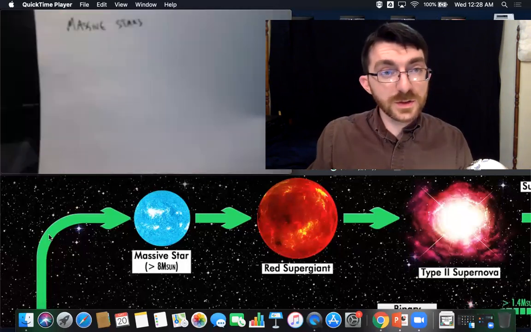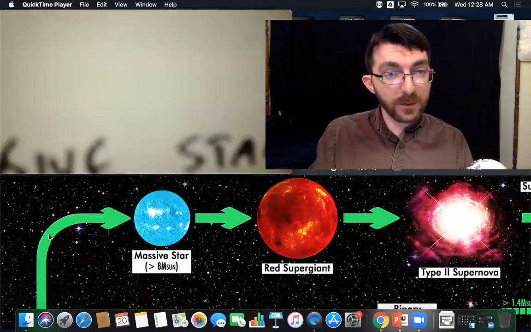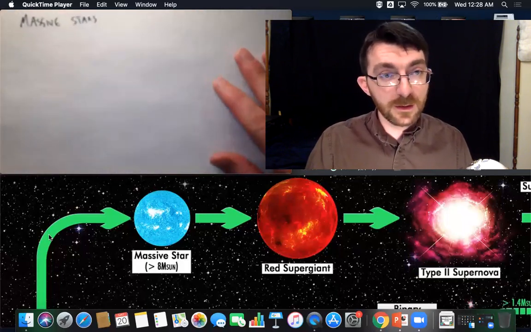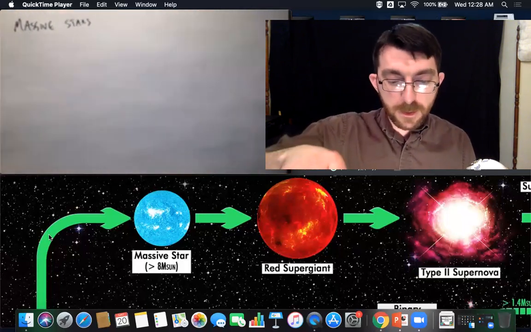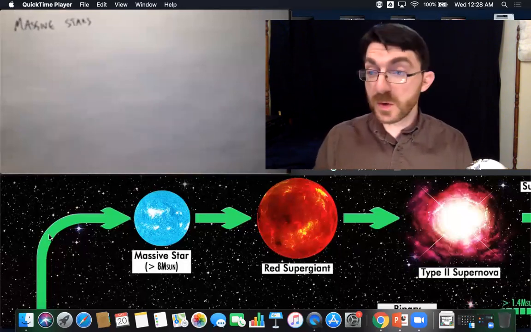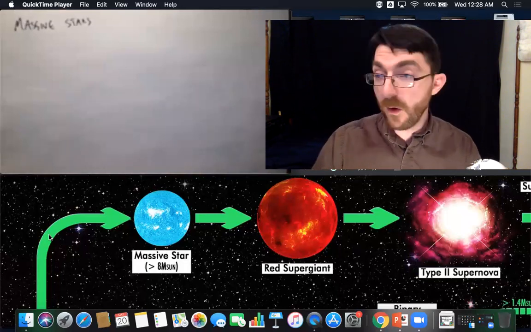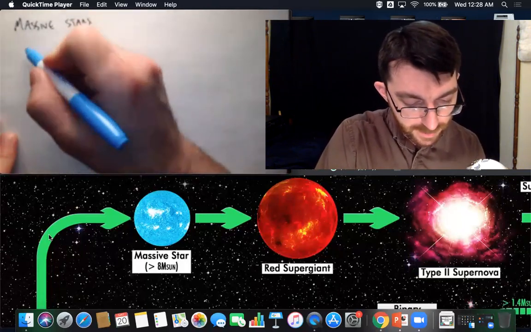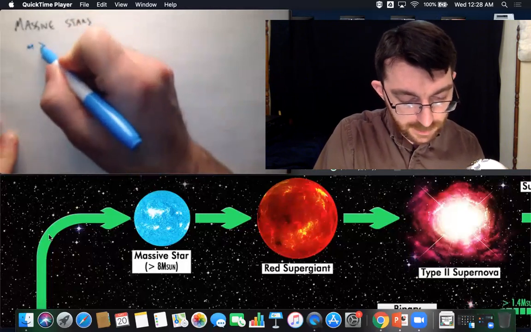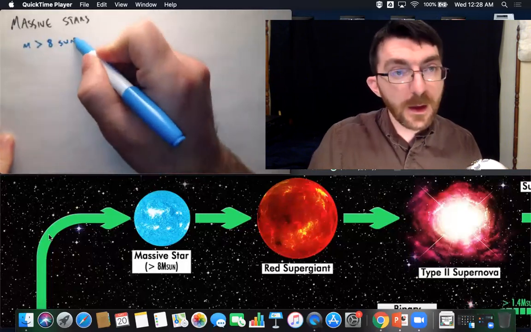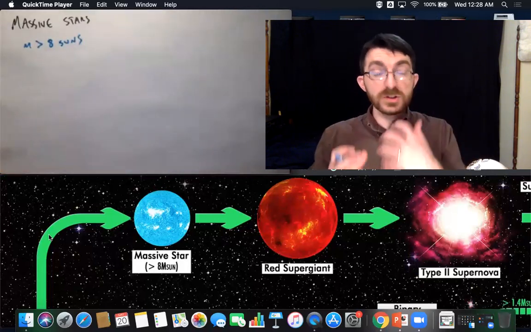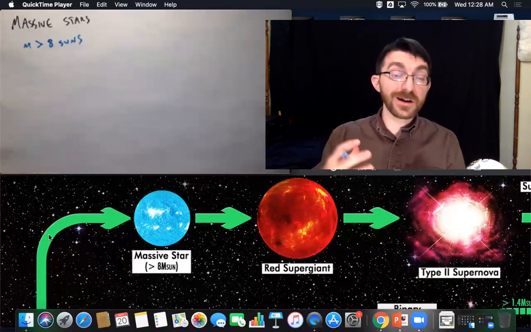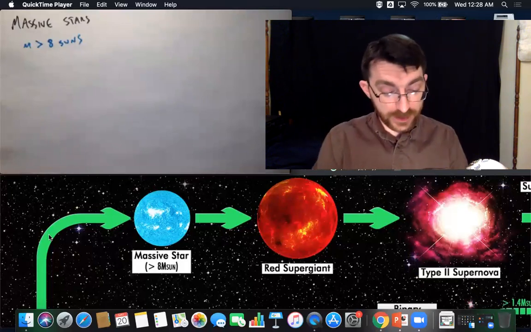So when it comes to massive stars, we're talking about ones where the mass is greater than 8 suns. There's so much mass, meaning so much gravity, that the intensity of the pressure in the core is higher, which means